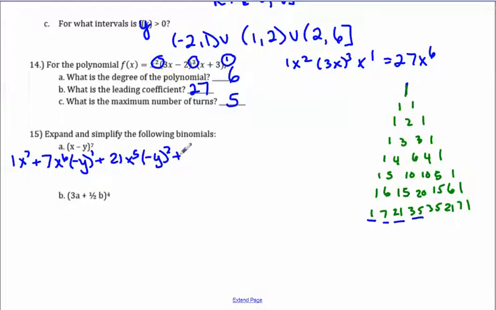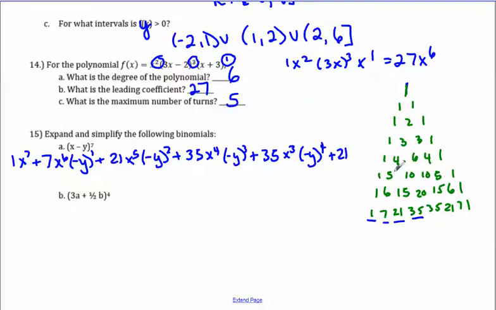Okay, 35. The x loses a degree and the y gains a degree. Okay, another 35, x to the 3rd, and negative y to the 4, 21,